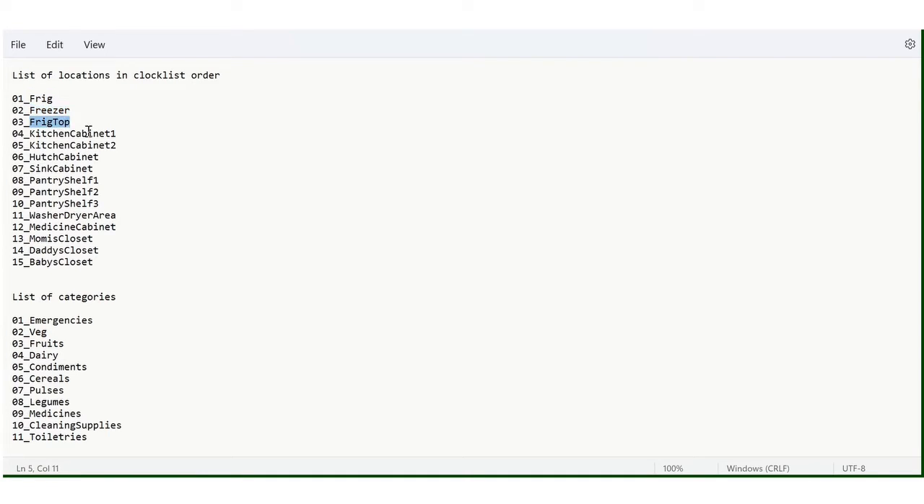fridge top where we keep condiments, kitchen cabinet 1 where we keep sugar, coffee powder, etc. Kitchen cabinet 2 where we keep spices, hutch cabinet where we keep beverages, sink cabinet where we keep dishwashing liquid, etc. Pantry shelf 1 where we keep cereals, pantry shelf 2 where we keep pulses, pantry shelf 3 where we keep legumes, washer dryer area where we keep cleaning supplies, medicine cabinet where we keep medicines and first aid supplies,